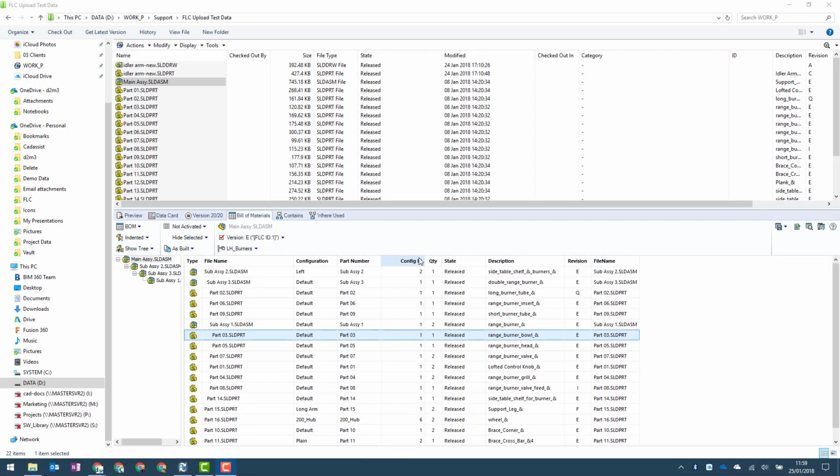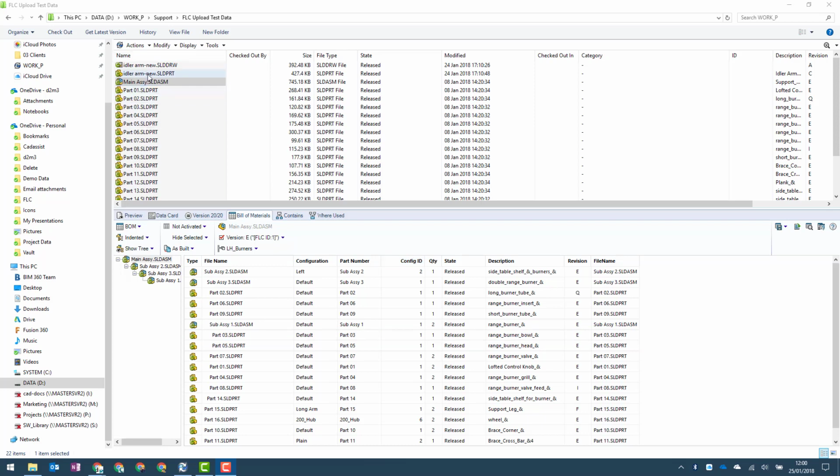In this video, I'm going to show how D2M3's Fusion Lifecycle connector will allow us to connect between SolidWorks PDM Professional and Fusion Lifecycle. Well, first of all, we'll start by having a look at the type of data that we're going to upload to Fusion Lifecycle. The goal, of course, is to generate equivalent items in Fusion Lifecycle for the files in